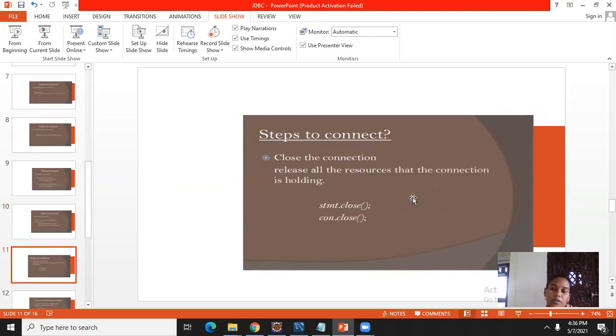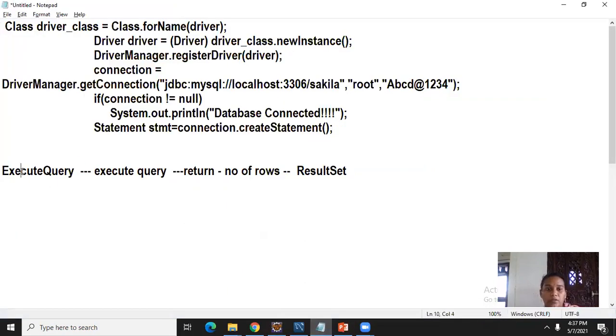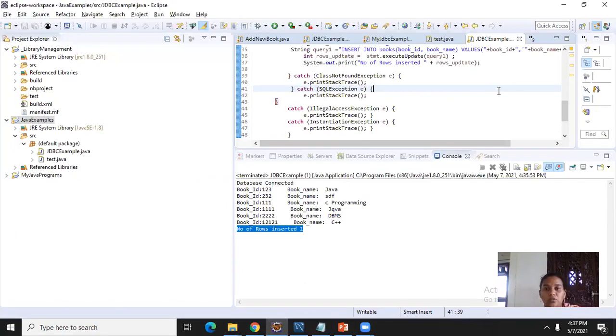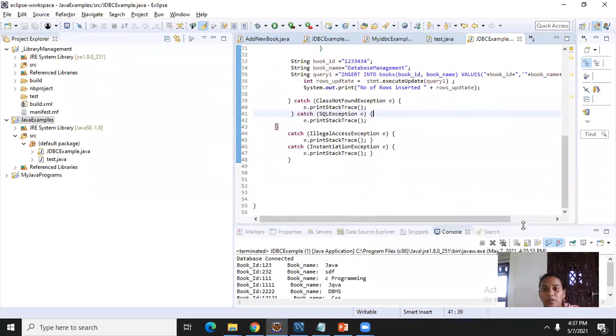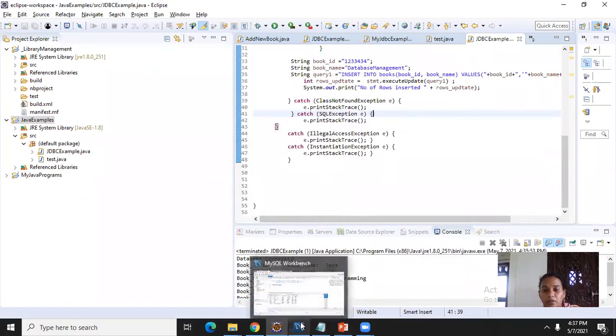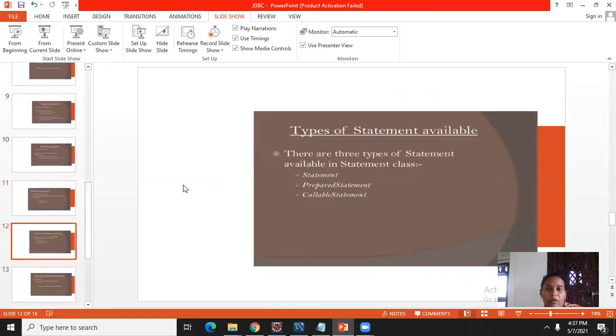After that, there are so many statement commands, not only execute update and execute query, execute is there too. So many methods are there under java.sql, but as of now we have covered only execute update and execute query, and we will see how many types of statements are available.